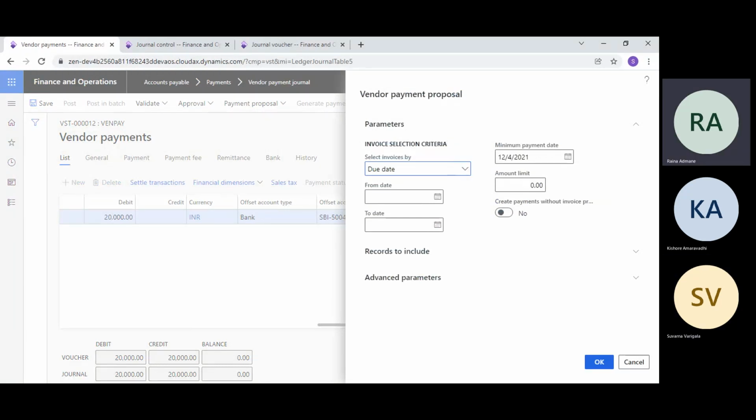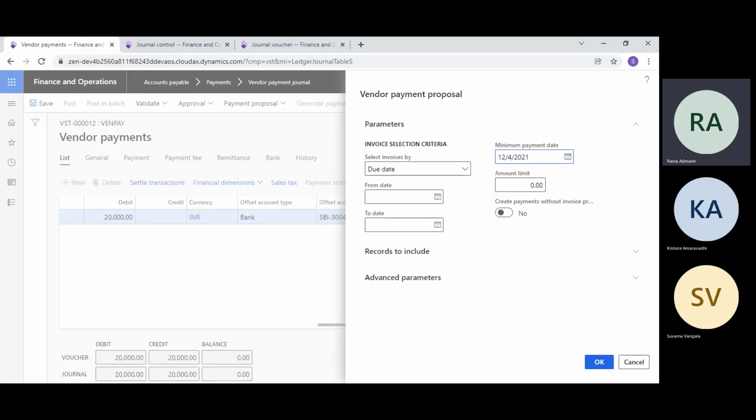Now the system will ask how you want to create the payment proposal, based on due date or based on there is a transaction. So keep it on the due date, and you can even keep the from date and to date blank.